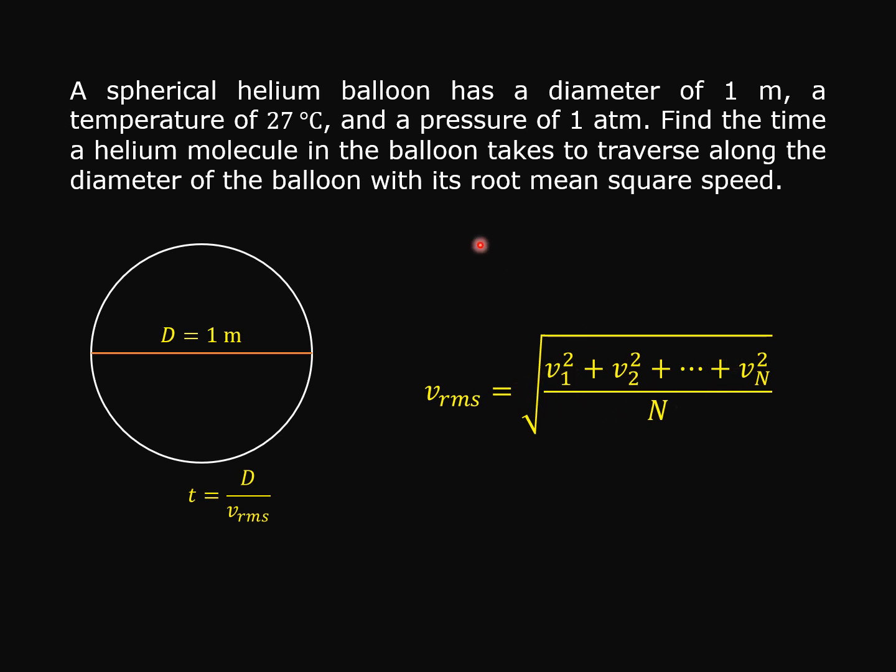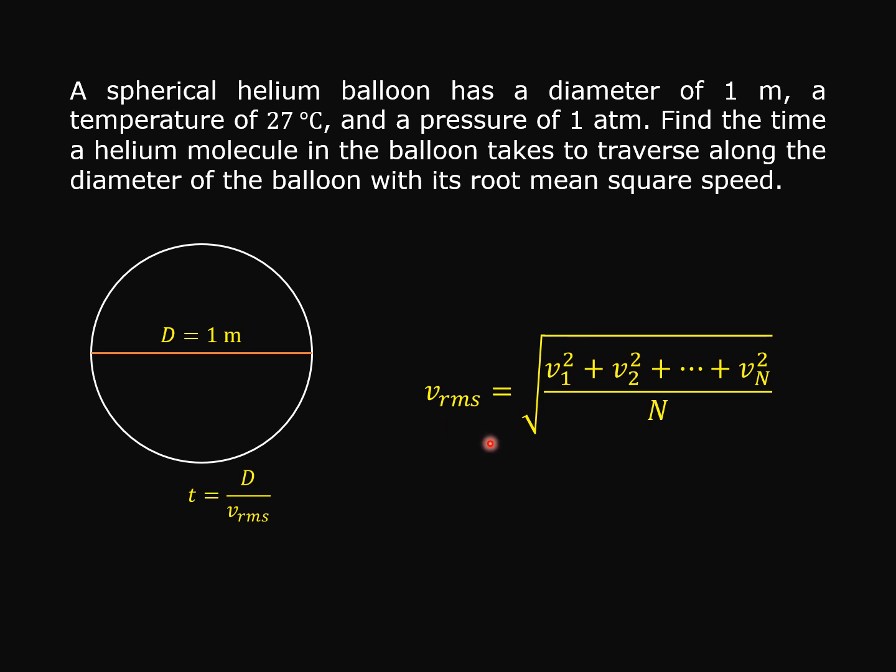But these questions assume that one of the helium molecules has a speed whose magnitude is the same as the VRMS. That means it is equal to 1368 meter per second. It does not mean that all the molecules in the balloon have the same speed as the VRMS. But for these questions, we only consider a particular helium molecule where its speed is the same as the VRMS,